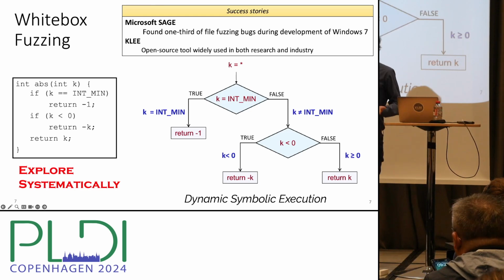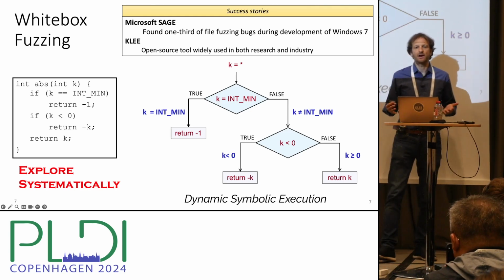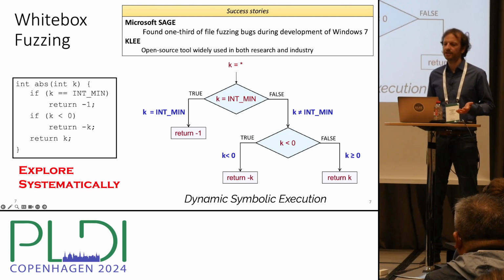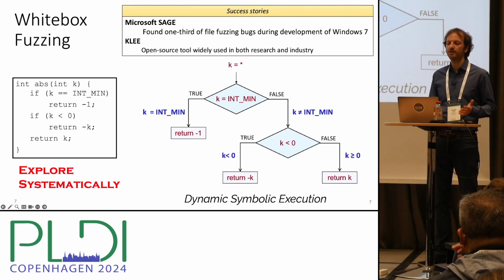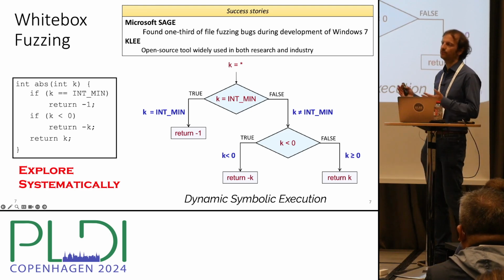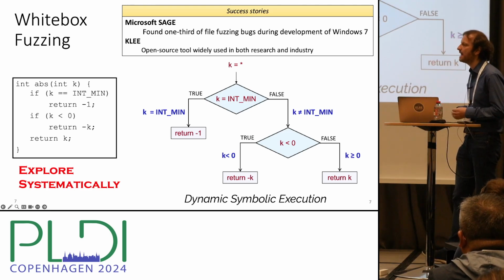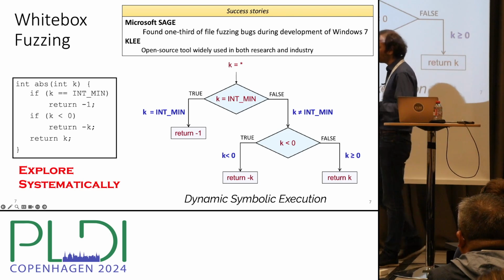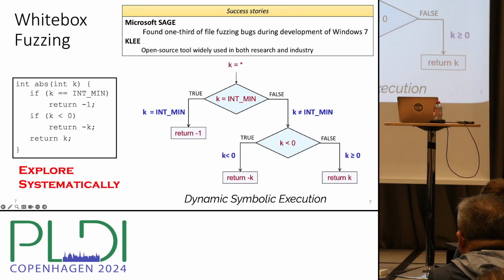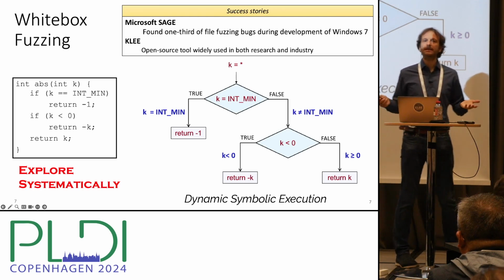So in terms of success stories, again, there are many. For instance, Microsoft Sage is credited with having found a third of file fuzzing bugs during the development of Windows 7 using this technique. And Eli mentioned KLEE, which is an open source tool widely used in both research and academia. And we're maintaining KLEE